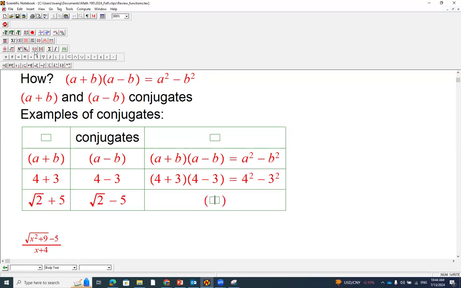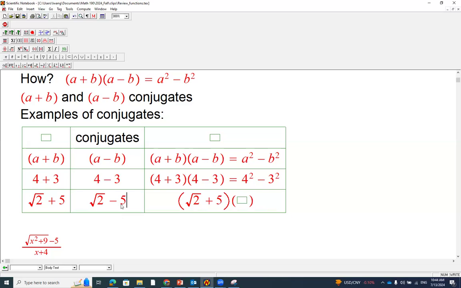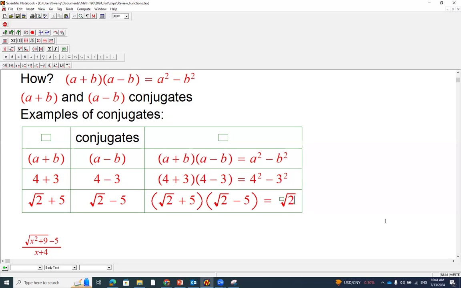And let's look at the product: root 2 plus 5 times root 2 minus 5 is going to be, according to the formula or your FOIL,